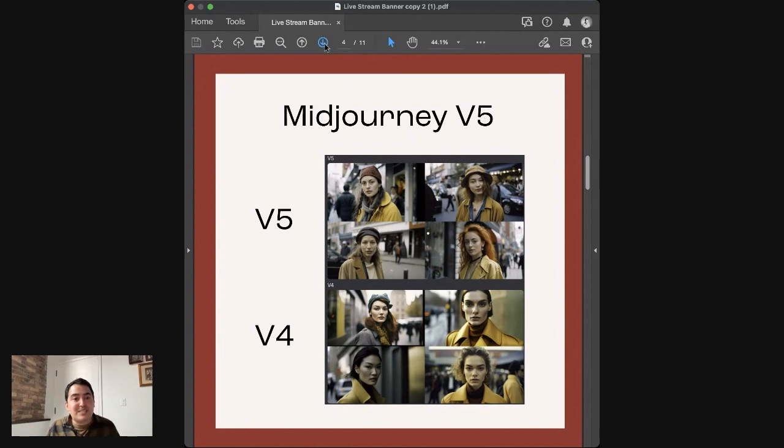Because that is useful for us as marketers, unless you're looking for something that's very different and the style is very different. But that's what you use the prompting for. You can write in and say you're looking for a cartoon style, or you're looking for a lo-fi film look. These are all things that you can do in the prompting. But this V5 versus V4 still, I think, does a great job of showing where the strengths are in the latest version, which is making as photo accurate of an image as possible.